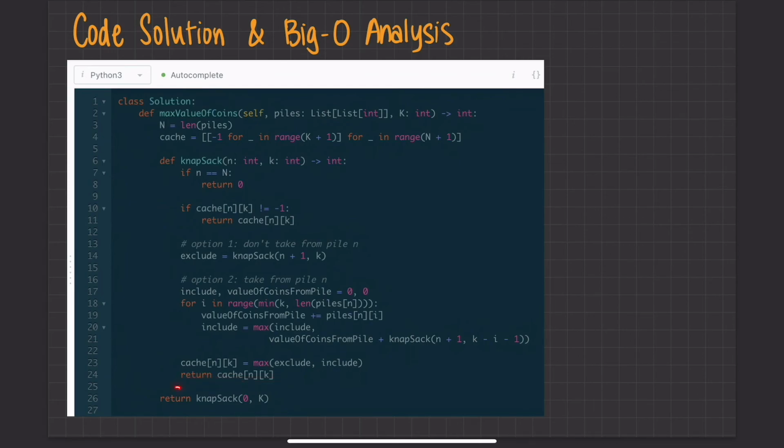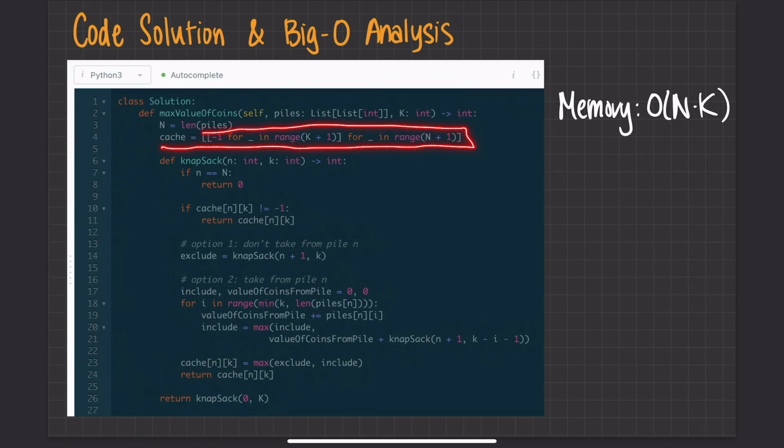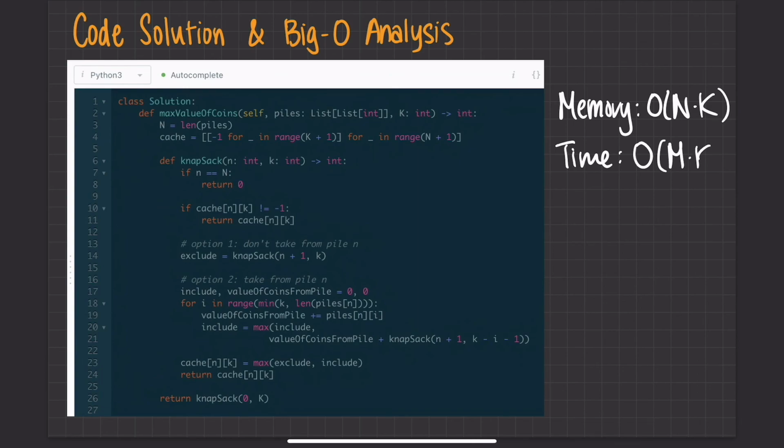At the end, we just return knapsack starting from the 0th pile, taking in capital K. In terms of memory or space for big O, we have O of n times k, as you can see by the cache here. Even though it's a k plus 1 by n plus 1 cache, in big O notation, that's n times k. In terms of time complexity, what we would have is O of m times k, where m is the total number of coins